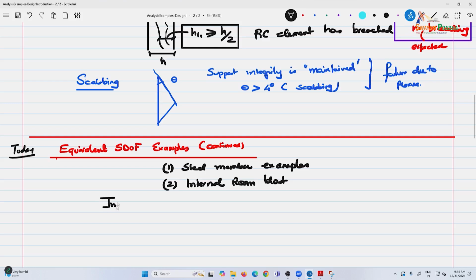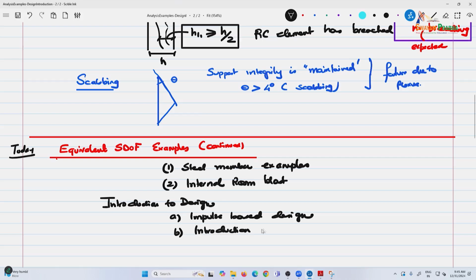introduction to design, and we'll take up potentially an impulse based design, and depending on time, I think we should have the time, at least an introduction to what is known in seismic design. You have various